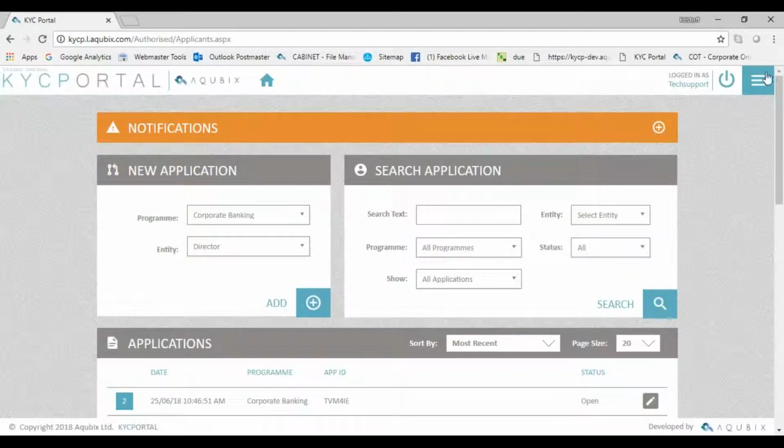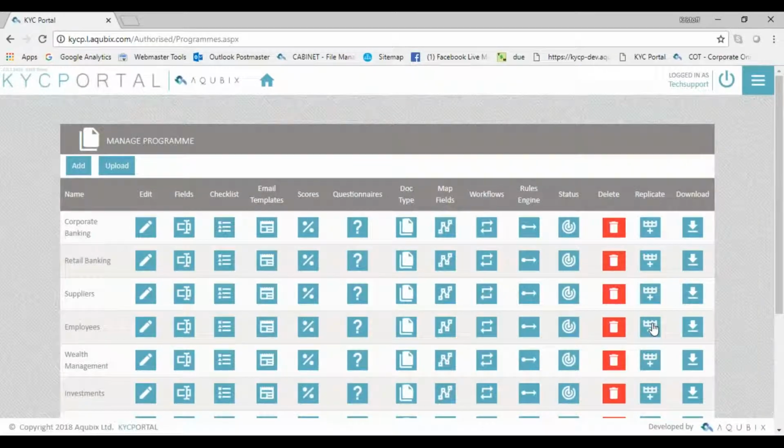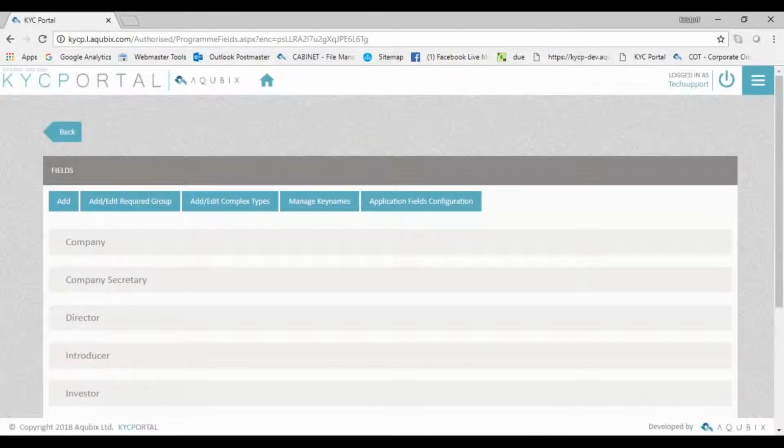Within the Manage Programs section of KYC Portal, which allows you to tailor-make and define the entire regulatory process of each service, one of the main components is what we call fields. This addresses one of the biggest challenges on the market: the constant, ever-changing, constantly evolving regulatory requirements